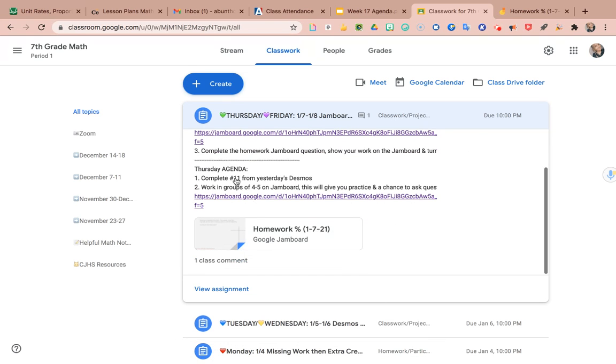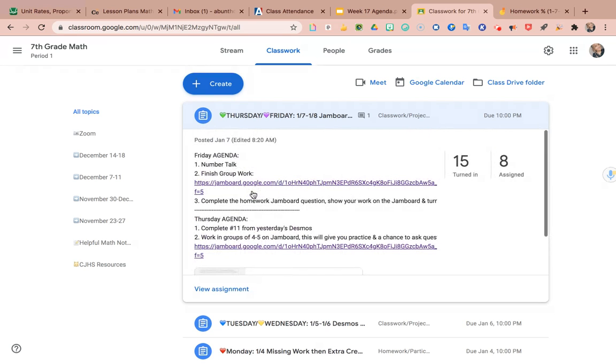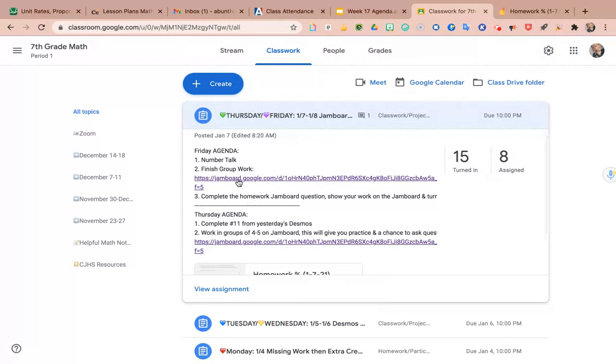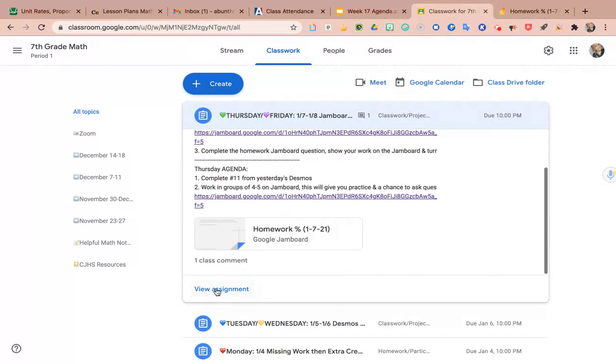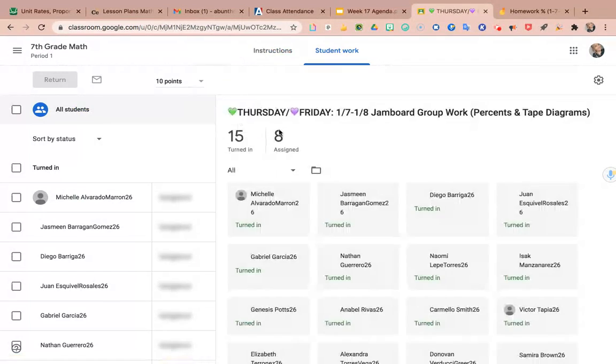So, yesterday we started some group work and then today we finished it up. I encourage you to click on the link and just check out others' work. Please do not erase or delete anything else. We want to be respectful and courteous of others' work because I think it looks really cool. So, if you do want to check out their work, you can. But if you click view assignment for Thursday, Friday,